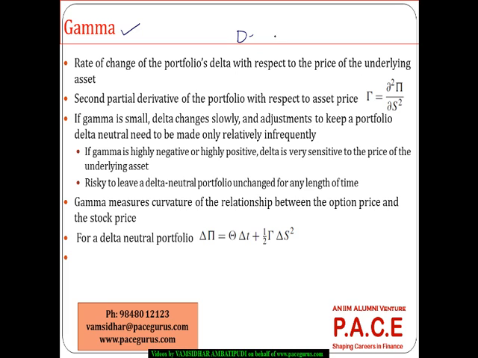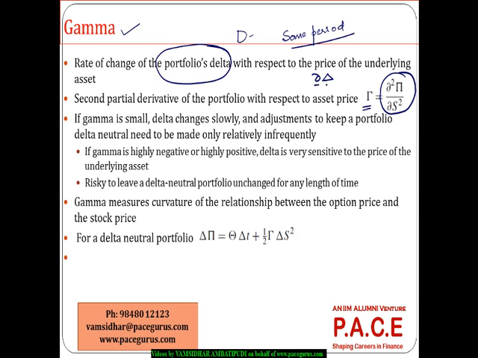The delta is constant only for a small period of time, or only for a small change in the underlying asset. After a certain point, we see that the delta could change. And I really want to know what is that change in the portfolio's delta with the stock price change. So that's the reason we talk about gamma as